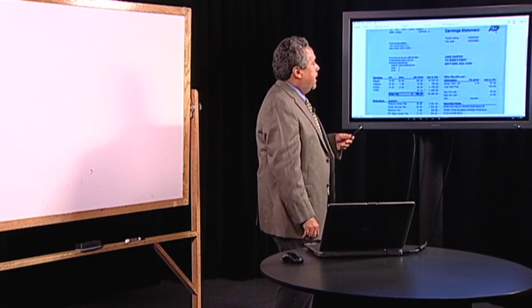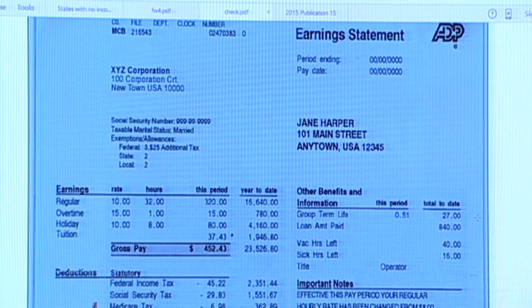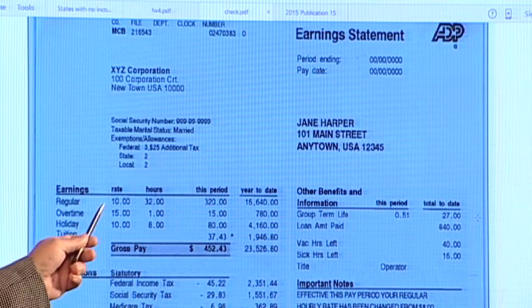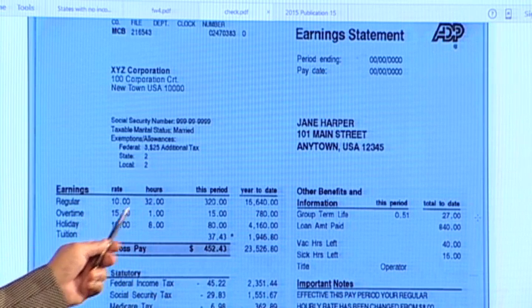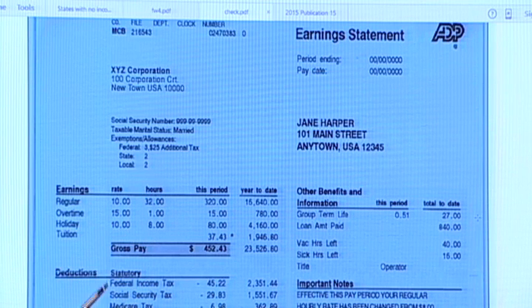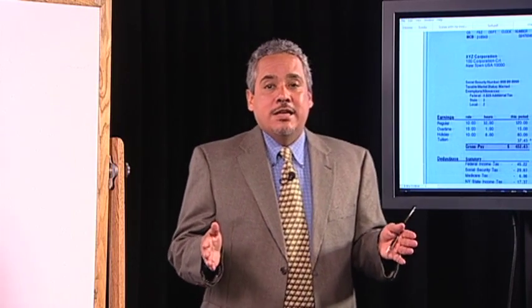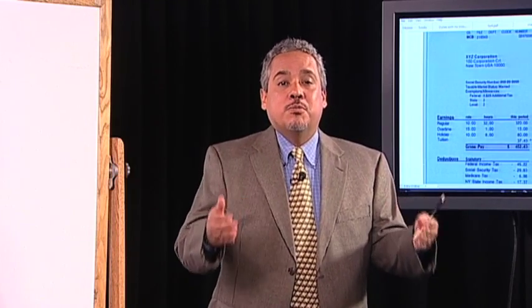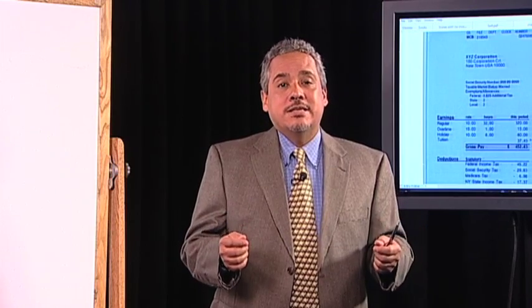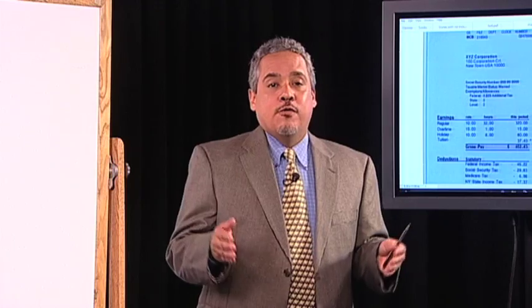As we take a look, I have a picture of a sample paycheck stub on the screen, and most of them look this way. Here this person is being paid by the hour, $10 an hour and 32 hours, and they had some overtime, and that's usually paid at time and a half. That's what the federal law says, time and a half, unless you get paid special overtime such as double or triple overtime, in which case that might be mandated by a union agreement, or it's a benefit that your employer is providing for you. But all the law says is time and a half once you go over 40 hours